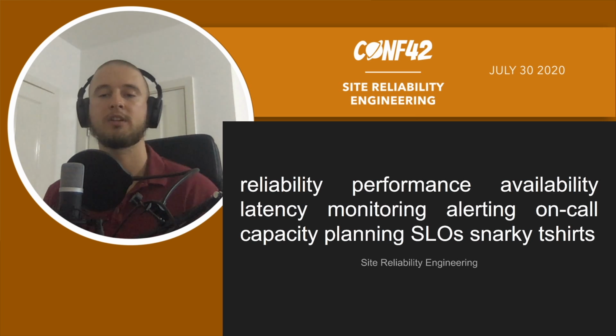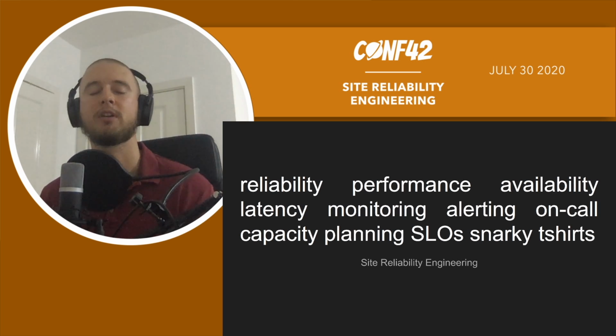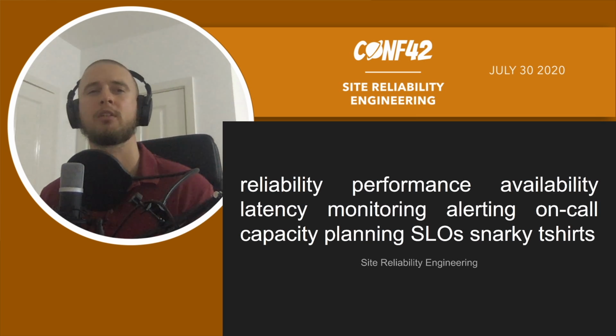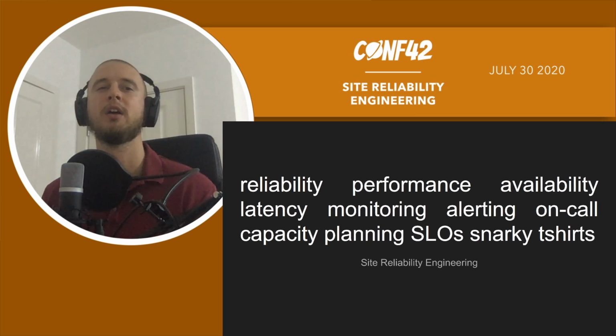So let's say, for example, you run some kind of API. It's an API where people can send a request and they get the right meme, right? Your meme API. And the SLI that you might care about is, for example, the speed of the response. Let's say that the 99th percentile of the response time is something that you care about, right?